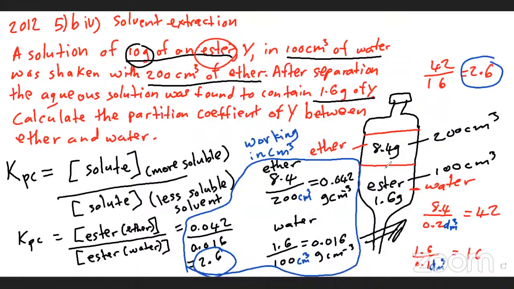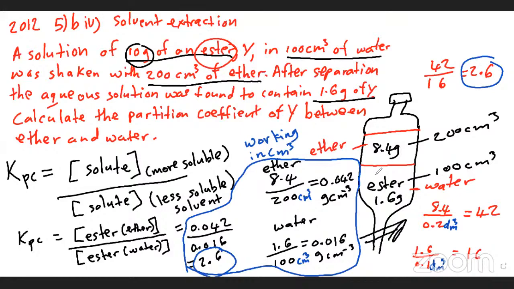Everything will take place in a separating funnel. So you have the mixture of water and ester in the funnel, then you add the ether and shake it up. I see. So the water is on the lower end, right? The ester is on the higher end, and it's shaking up, and as a result,